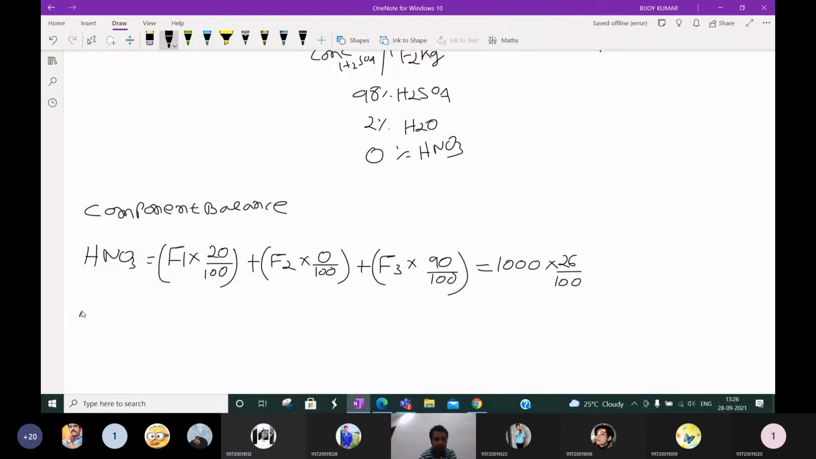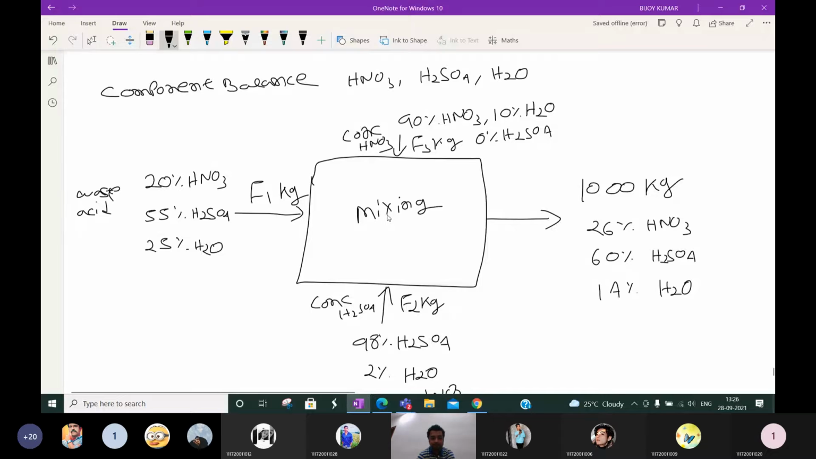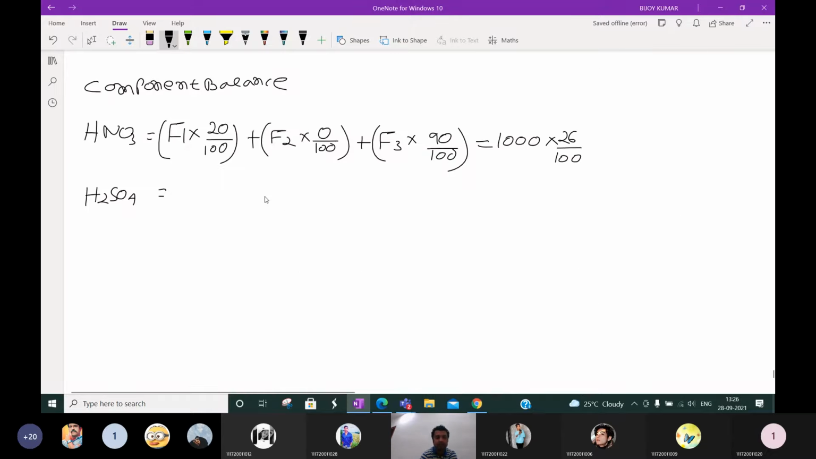Next, go for the second component, which is H2SO4. You see how easy things are. You only have to read the question and draw this diagram. If you draw the diagram, the component balance is very easy. For H2SO4, it is present as 55% of F1 kg. Total kg is F1. So 55% of F1 kg means F1 into 55 by 100,